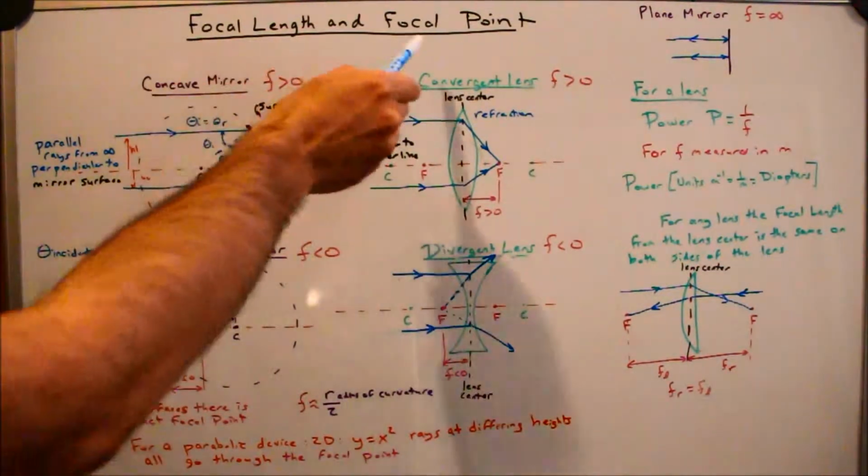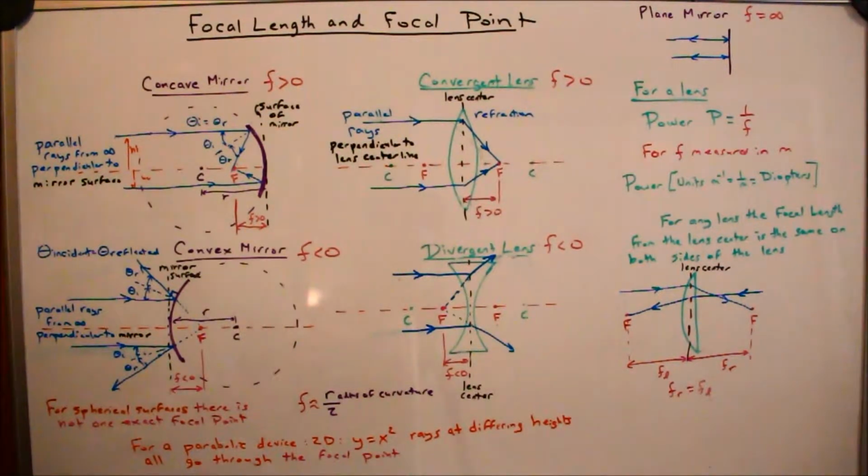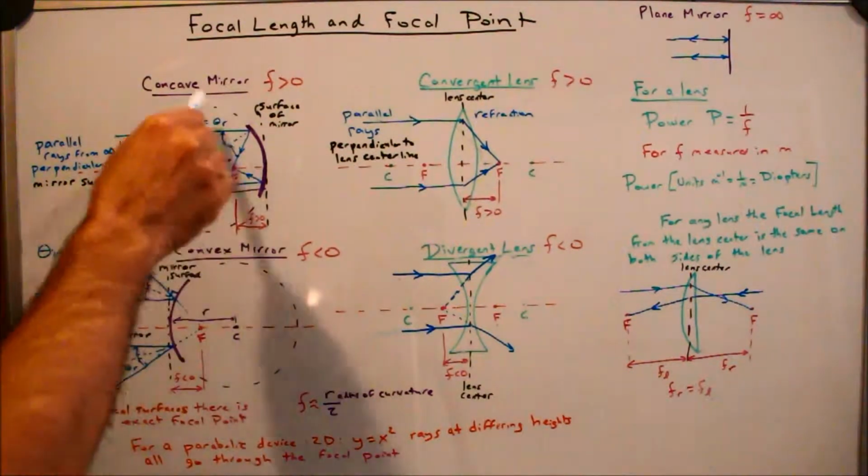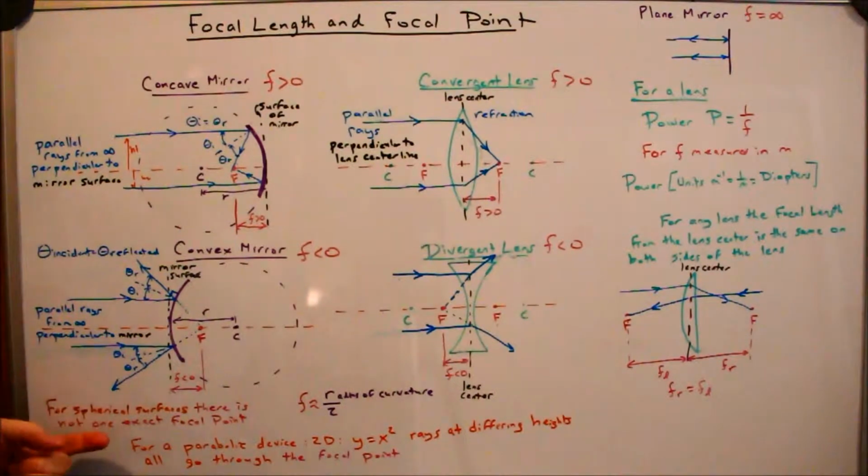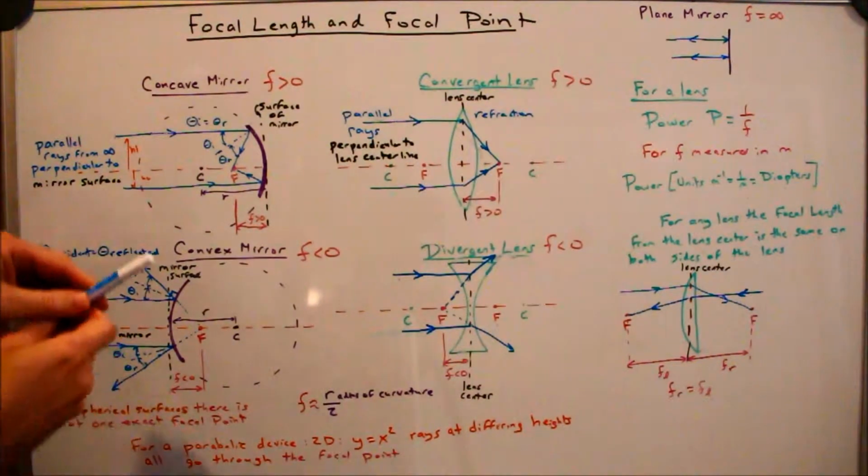In this video, I'm going to talk about focal length and focal point. Now, for most starting courses, we're going to talk about spherical surfaces. For example, in a 2D view, that's a circle, and there's not actually truly one exact focal point, because if